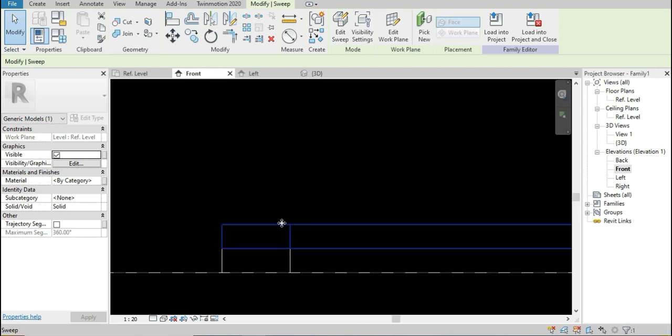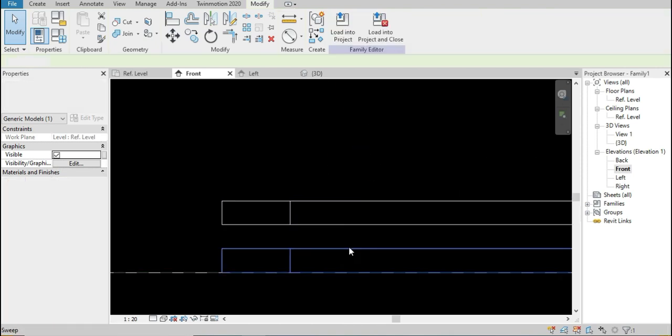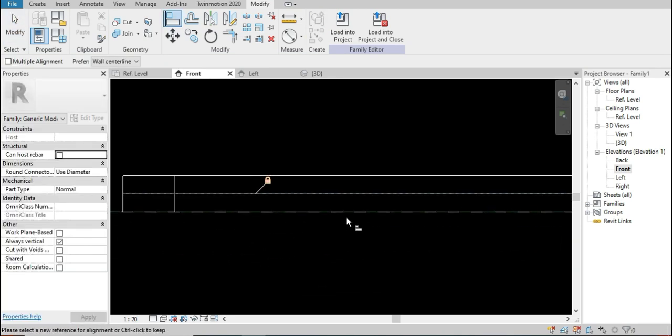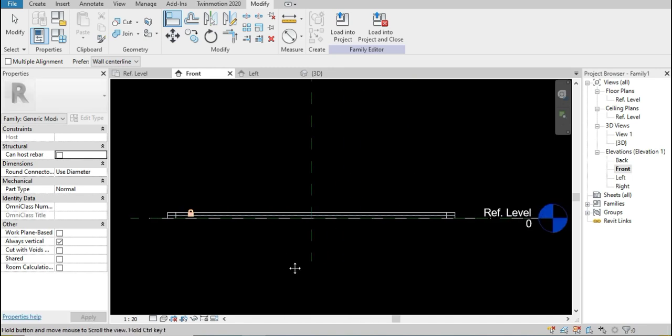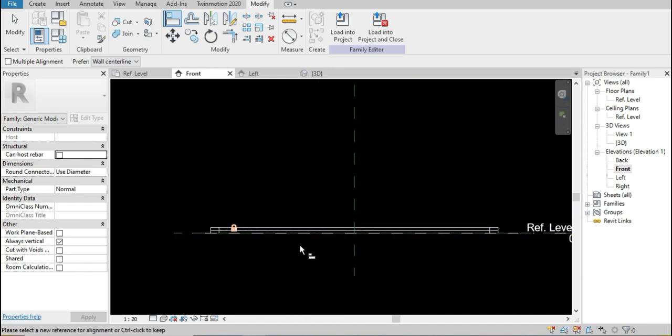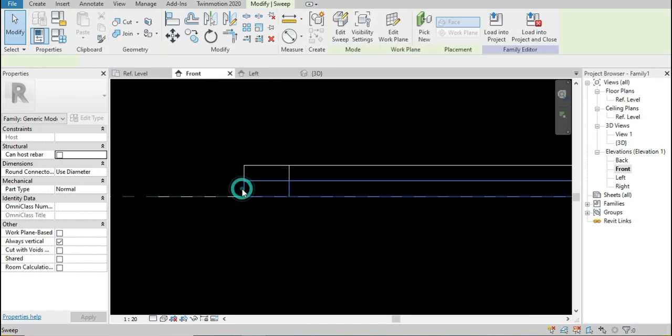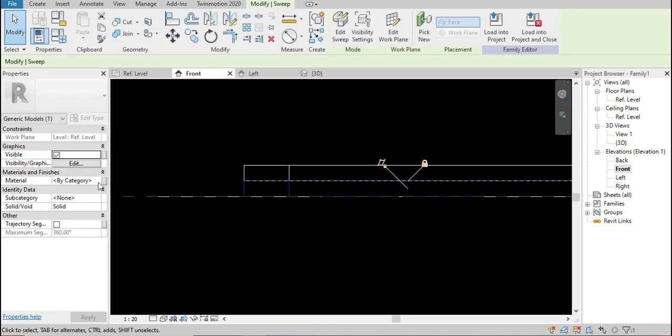What we can do is lock these two objects, so when we apply a length parameter to this lighting fixture, these two objects will move down at the same time. As I said, I will apply a glass material to the bottom portion.